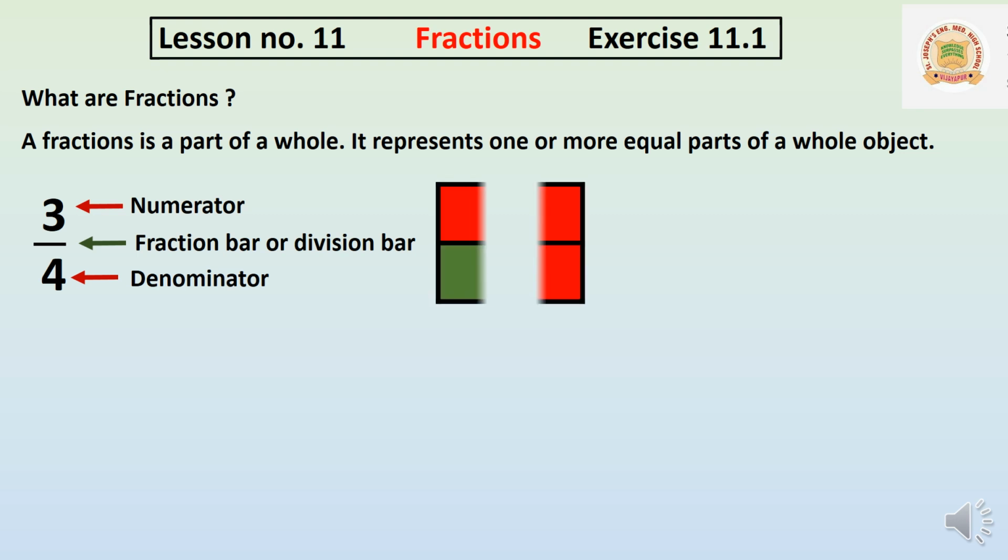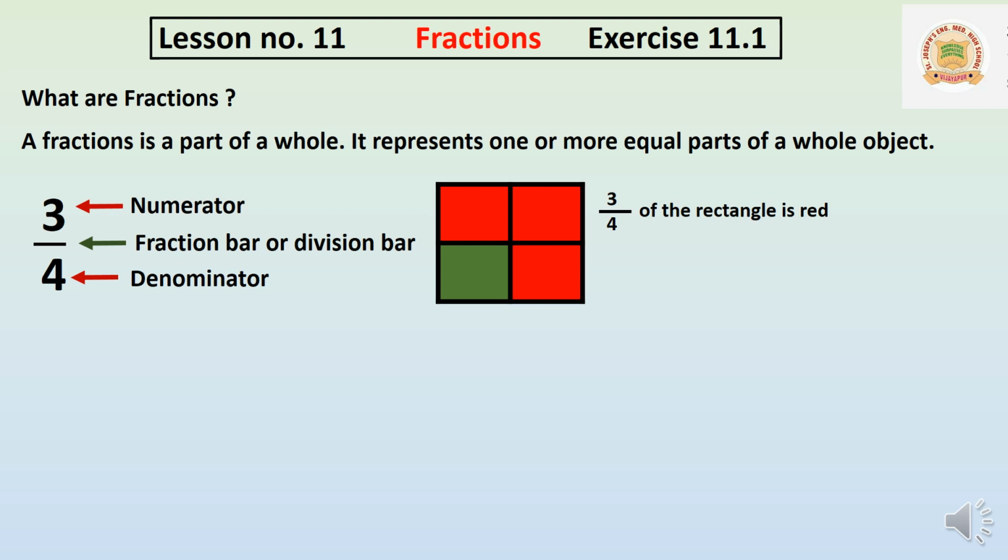So now in the figures we will see it. See, this is one square. There we have made 4 parts. Now we have to represent these parts as a fraction. Now red, 3/4 of the rectangle is red. Means in the 4 parts of the figure, 3 parts are occupied by red color. Meaning what? In the square there are 4 parts. Of those 4 parts, 3 parts are red.